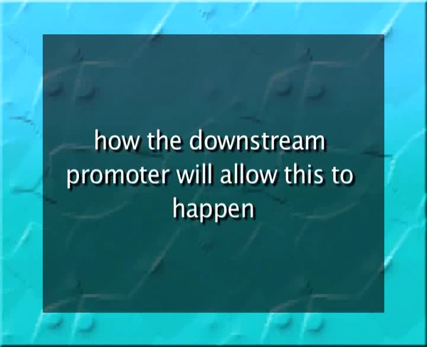Now, the question arises how the downstream promoter will allow this to happen. It is possible that the RNA polymerase binds to promoter, then moves back to transcription start site and starts RNA synthesis. Alternatively, the DNA folds back in such a manner that it can start the transcription while bound at the